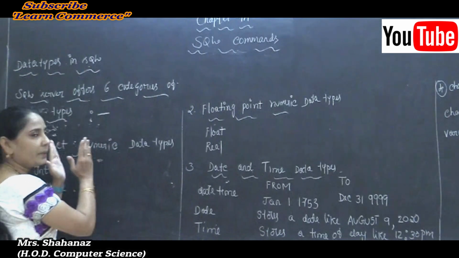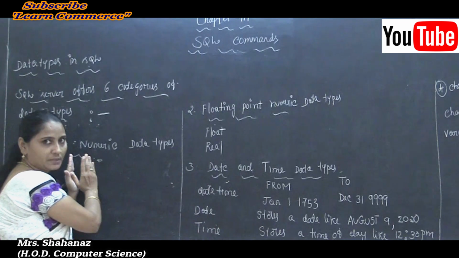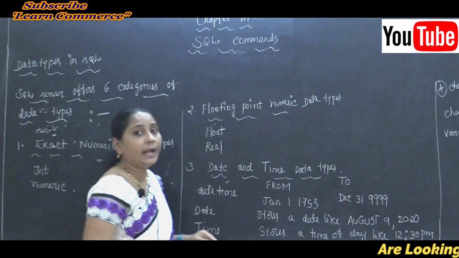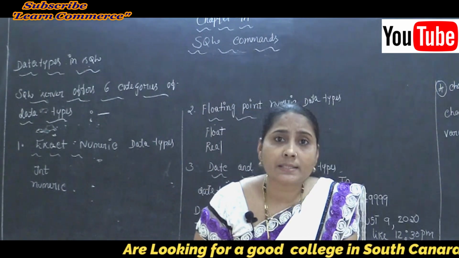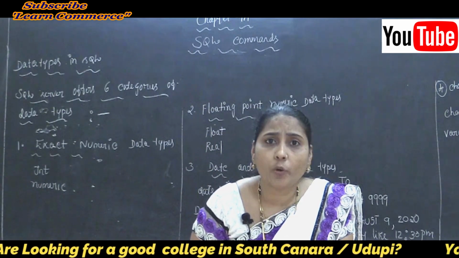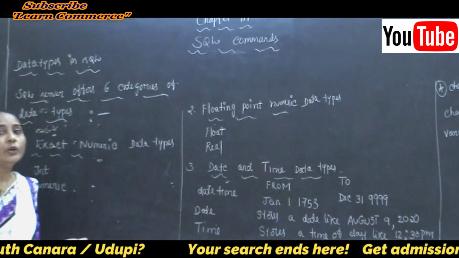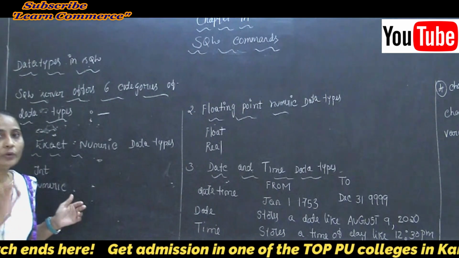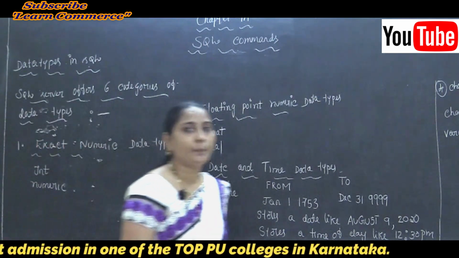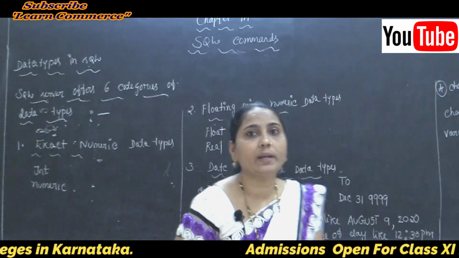Why? Because the data type is going to relate columns in a table, and many columns are there. A data type also relates from one table to another table. We mostly use data types while creating our table, and you can choose the appropriate data type for each table column based on your requirements.